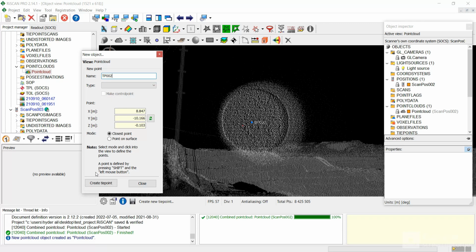So you just have to click only once, and also you can see in the object inspector, once the tie point has been created, the TP002 will be visible in this object inspector. So I'm going to create now. I will click the create tie point button once. Okay, you can see that the name has been automatically increased, and in the object inspector window TP002 is now visible. So now the tie point has been created,